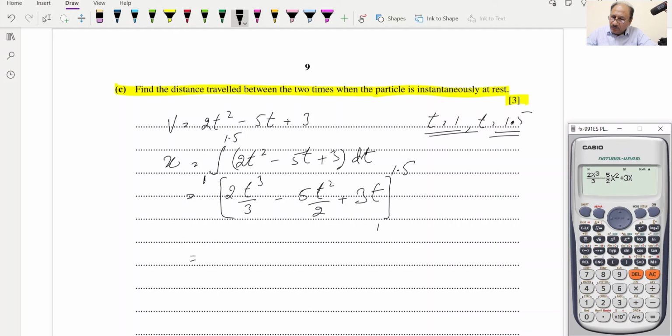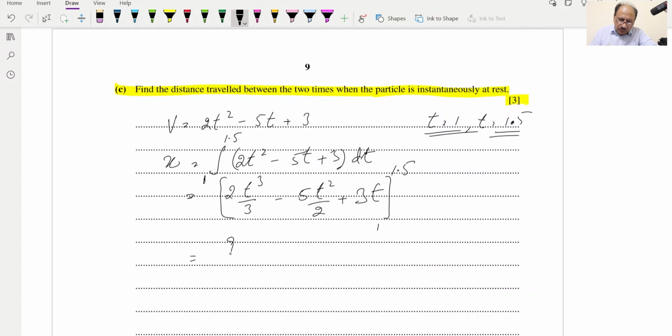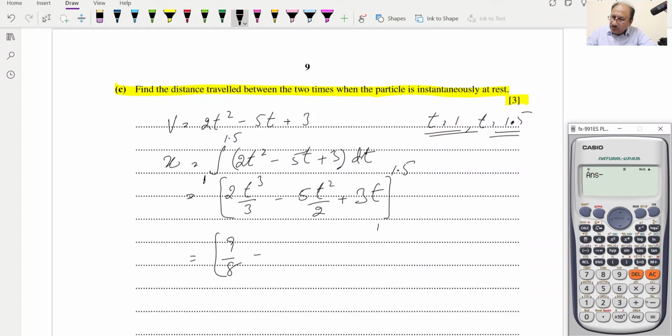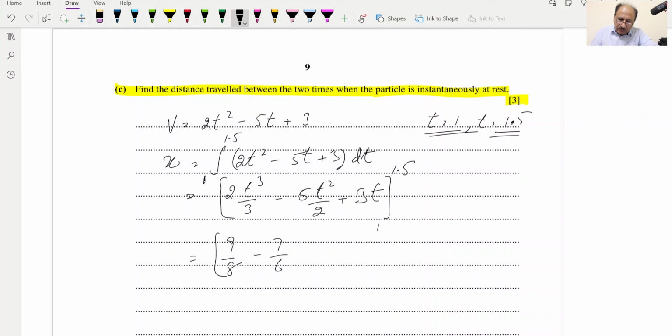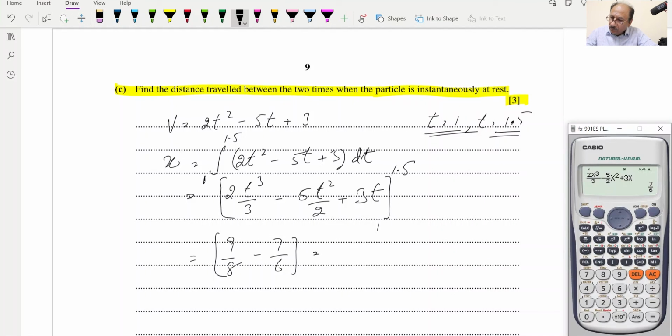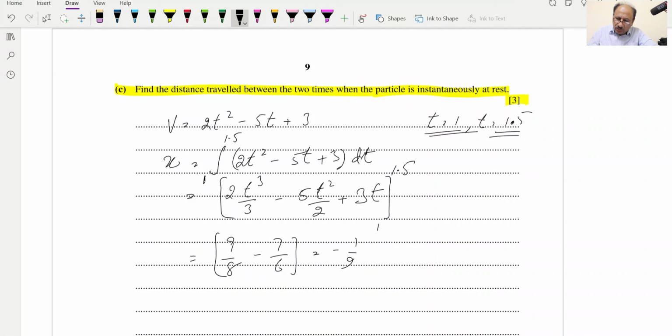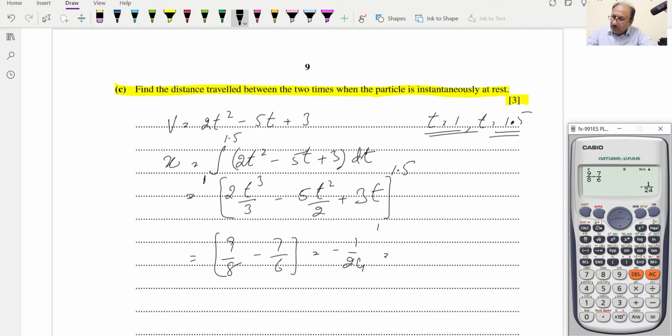So now we can calculate for 1.5, and this will give us 9 by 8. So we can write 9 by 8 without any error. Oh sorry, so what we can do, this is our equation. So calculate for 1, and this will give us 7 by 6. So 7 by 6, and this will be equal to 9 by 8 minus 7 over 6, and this will give us minus 1 over 24, and decimal value will be